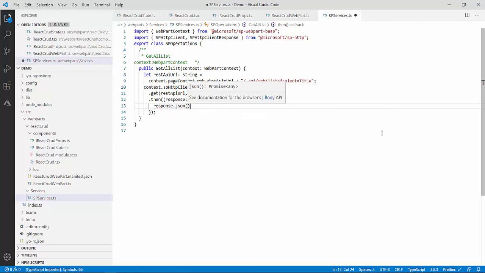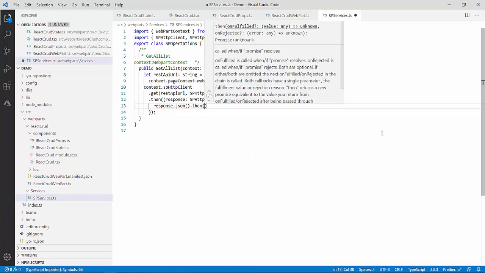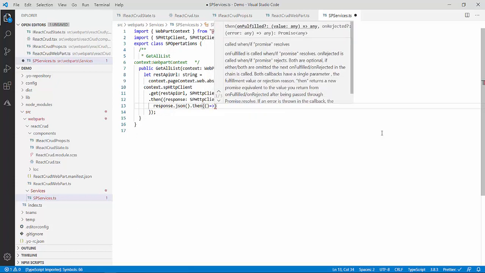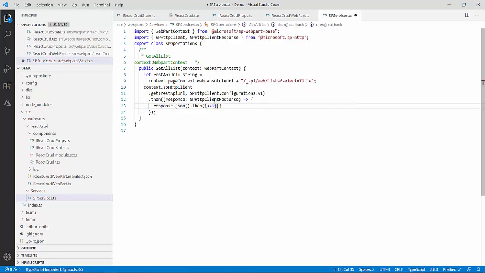response.json. And once the response gets converted into JSON, then again the same syntax, one bracket, arrow function, arrow, and then my curly braces. Now inside this I will get the result. So I will say result type. For now I am declaring the type as any, and inside I will use the result. So this is the basic syntax of writing the HTTP request in SPFx web part.